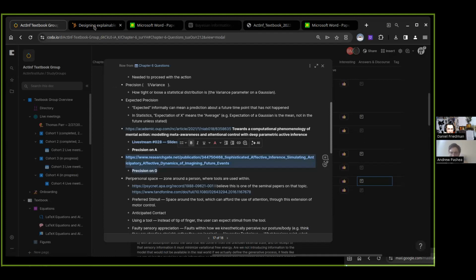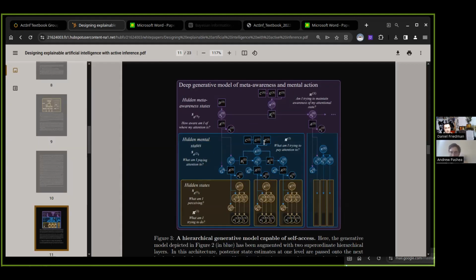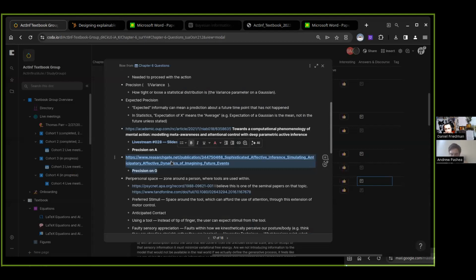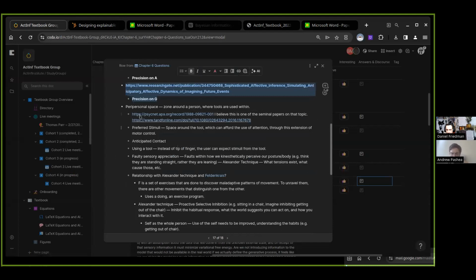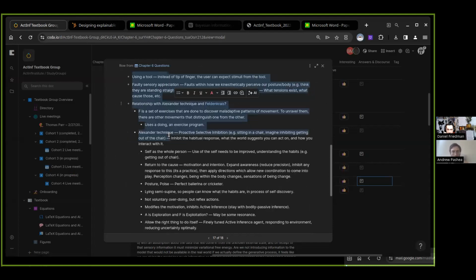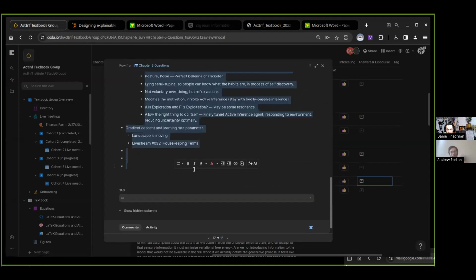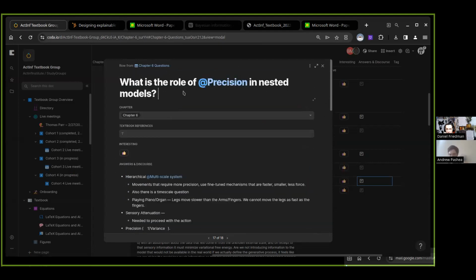Precision on G, so how precise are you on the free energy? That is associated with affect, in this sophisticated affect. Here's some discussion on embodiment and the Alexander technique. So suffice to say,